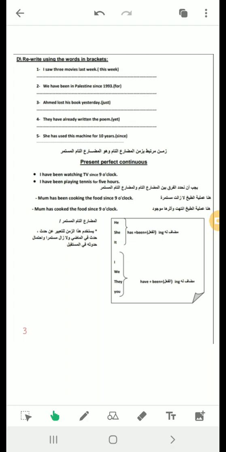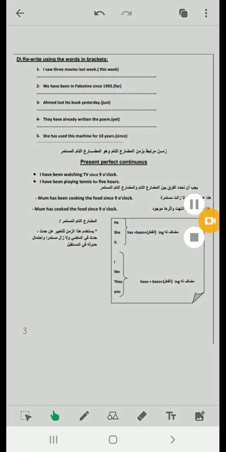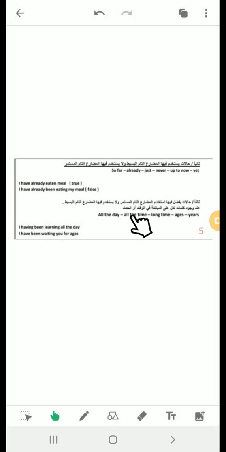All the time. All the time. So all the time, also all the day. And the all, long time, ages, years. Here, these words, we can use them for these 2 tenses, but it's specific for present perfect continuous. We use these keywords for it because these words emphasize the length of the